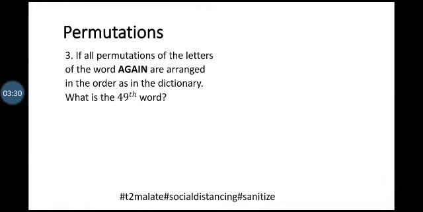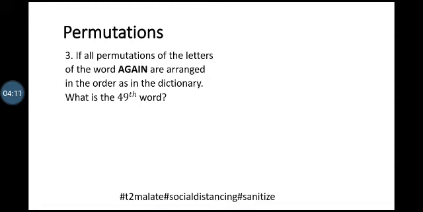Number 3, if all permutations of the letters of the word again are arranged in the order as in the dictionary, what is the 49th word? So we have the word again. In example 2, you are arranging again, moving around all the letters to get all the possible arrangements of these letters side by side. With number 3, you have to arrange them in a way that you make a word